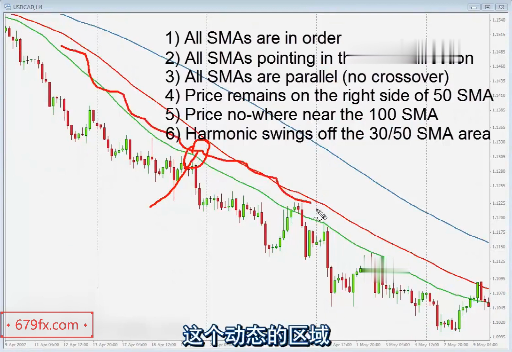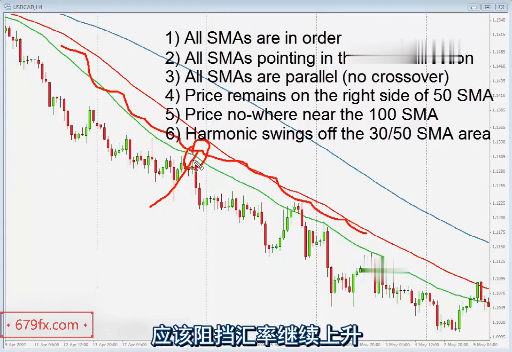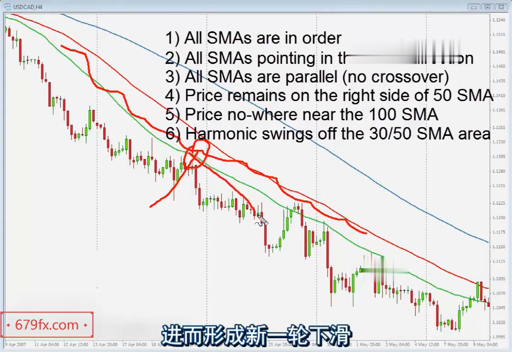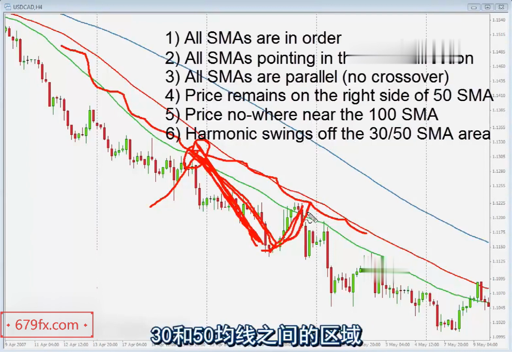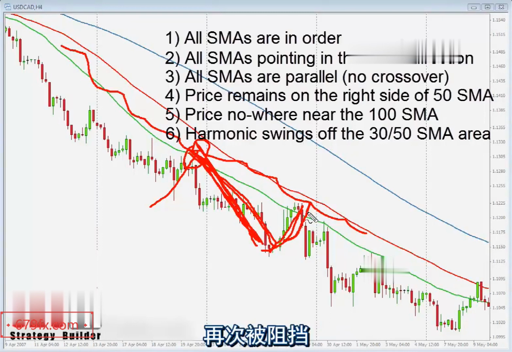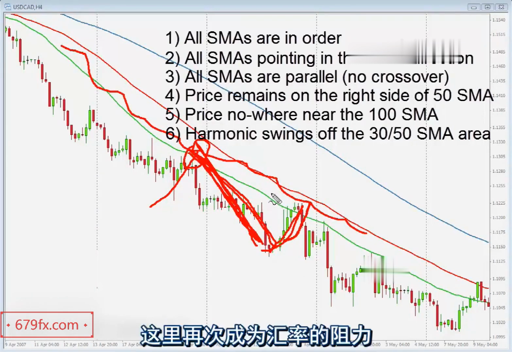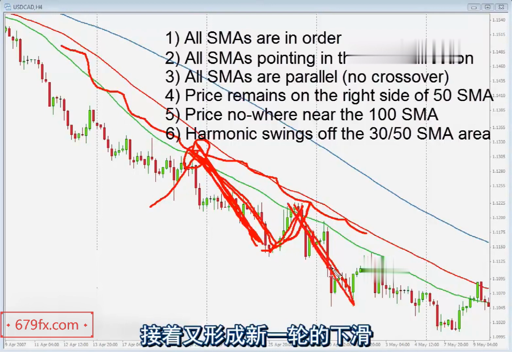This dynamic area of resistance holds the price below, and from there a whole new swing takes off in the direction of the trend. Okay, then sure, we may have another pullback, but I like to see once again the moving averages, the 30 and the 50 simple moving average, or rather the area in between, the dynamic area of resistance, to hold the price below, to indeed work as resistance, and from there price to take yet another swing in the direction of